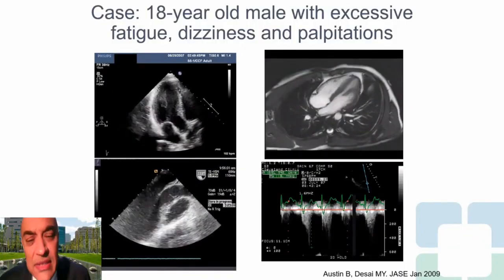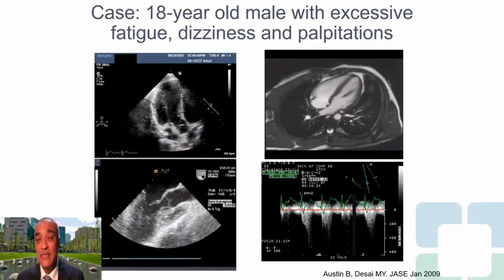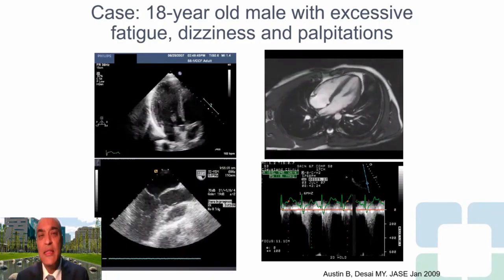I'm going to show you this case. Again, we saw this many years ago, and now this is established part of our practice. This patient